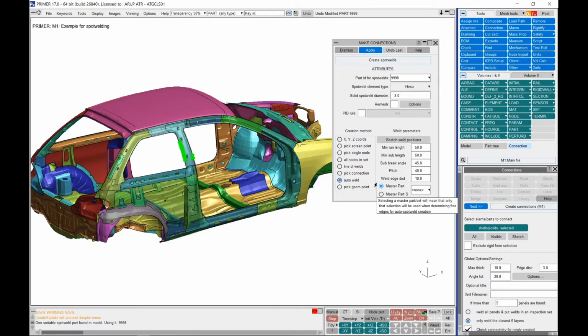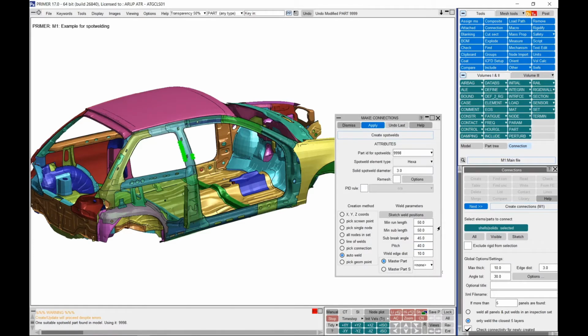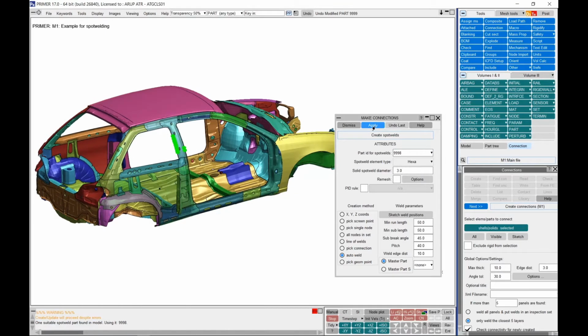So the minimum run length would be the minimum length of a flange that it would look for, and beyond this, it would then input spot welds. You can define the pitch of the spot welds, and any weld edge distance. And what Primer will do is it will find the free edges within the model and then look along those to check against the parameters and any preferences you have defined, and will generate spot welds at locations it deems appropriate. So here I've got a minimum run length of 50, and I'm just going to keep the pitch at 40 for the example. And if I zoom out and click apply,